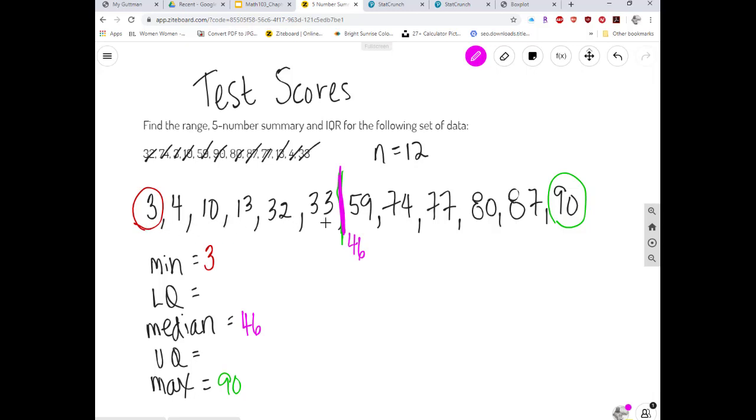So since there's 6 values here, I'm going to go 1, 2, 3, and I'm going to cut it right in here, blue. This number right here, right? That partition right here cuts these numbers in half. Perfect. So what number is exactly in between 10 and 13? Well, we can